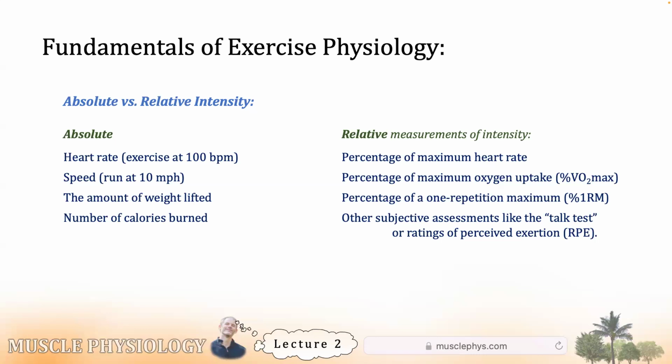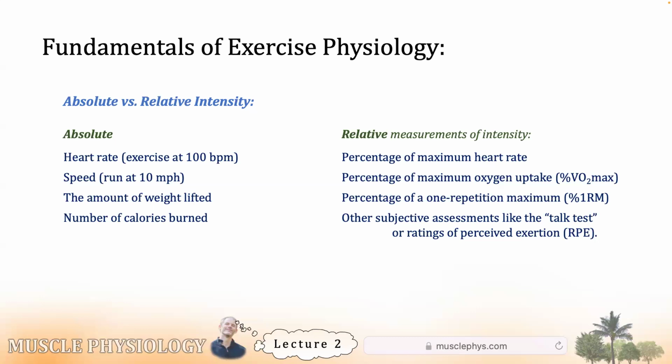So if we were to tell an NBA player and that player's grandmother both to run at 10 miles per hour, that's an absolute measurement of intensity that is preserved across both of them. If we were to tell them to bench press 100 pounds, that's an absolute measurement of intensity preserved across both. But if we say, exercise at 50% of your VO2 max, they're going to be doing very different activities. They'll both be exercising at the exact same intensity that was prescribed to them, which is relative to them. And that makes it a relative measurement of intensity.